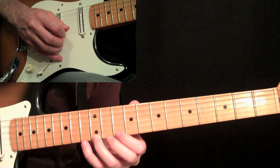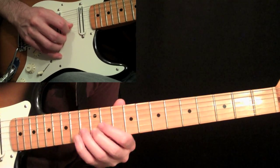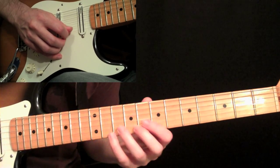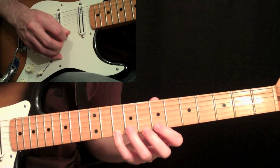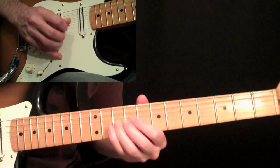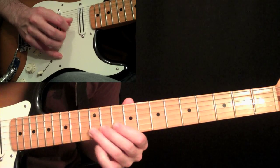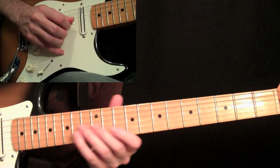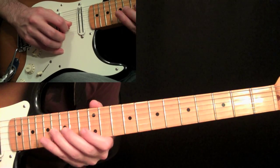12 pulled off to 10, then 12 on the second string, then 13, then come down here, 10, 8, 7, and then 10 on the second string, hammer, 10 to 12. Now we're going to start going up, slide to 16 on the third string with your third finger, downstroke, then